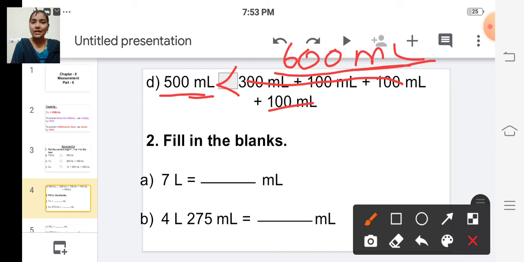Have you all understood, children? Yes? Okay. So in the first step, you have to simplify that into a single term. Okay. And in the second step, you have to check the units. Okay. Both the units should be same. Otherwise, you cannot compare. Okay. If both the units are not same, then convert any one unit to the other unit. Okay. And then you can compare. Okay, children.